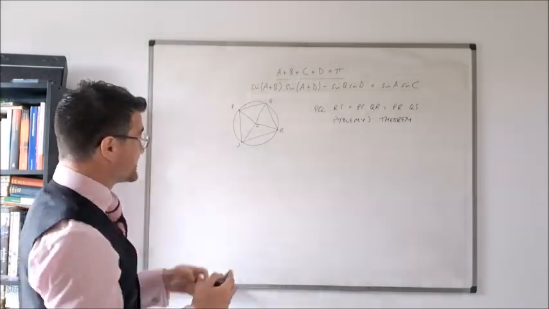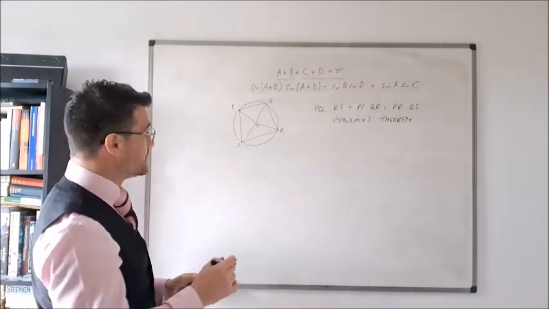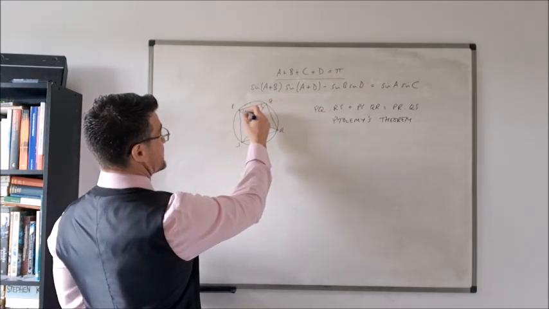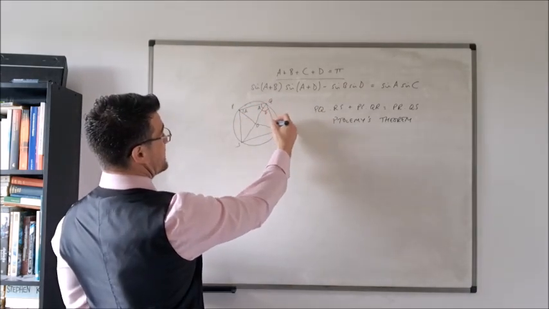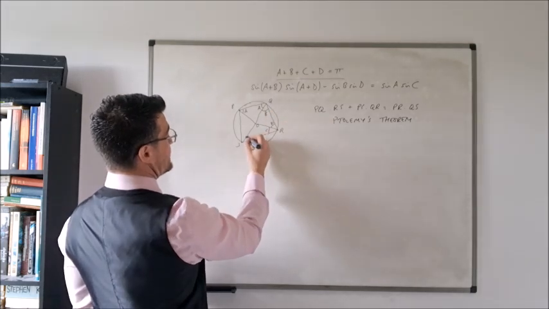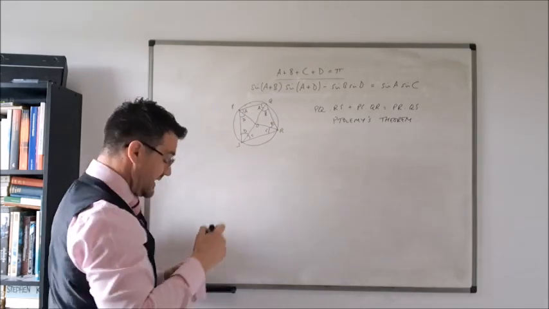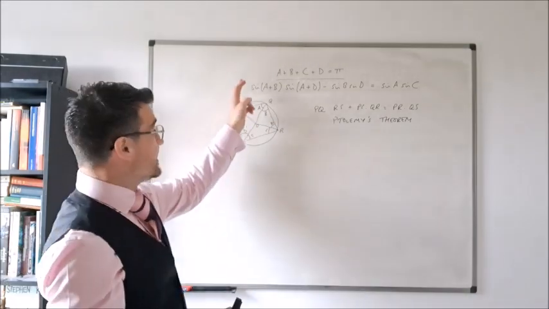But what I did then was thought, right, these are isosceles triangles. So if I just call that angle A, then this is going to be A. If I call that B, that's going to be B. If that's C, then that's going to be C. And if that's D, then that's going to be D. And here I've got the added bonus that A plus B plus C plus D are going to add up